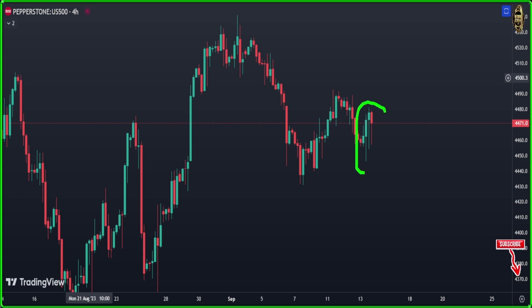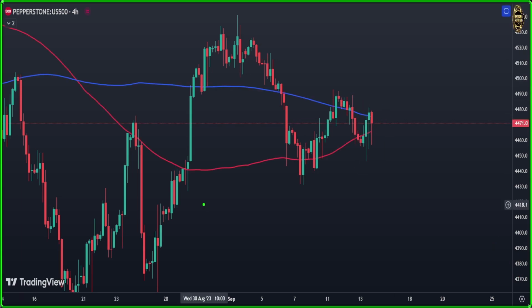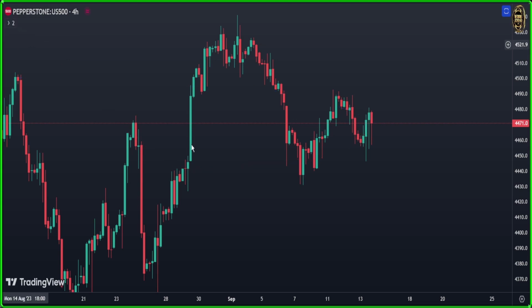And why is it still stuck here? I'm going to tell you why. Because of those moving averages, as you see, the market is stuck between the 100 moving average and the 200 here. So till now, there is nothing. You need to wait more till you get a clear picture. At this time there is nothing, so you need to wait till the right time. That's the only thing I can tell you now.